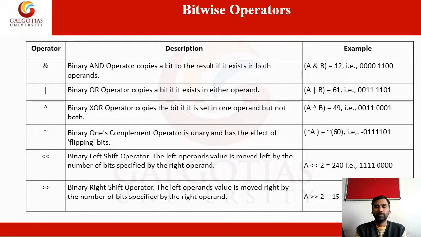Next one is bitwise operators. This is very important and widely used in binary operations. In bitwise operators, all operands, suppose an integer, are first converted into hexadecimal values. For example, zero. What is the equivalent hexadecimal value? Just 0 0 0 0, that is double zero, double zero. Am I correct?